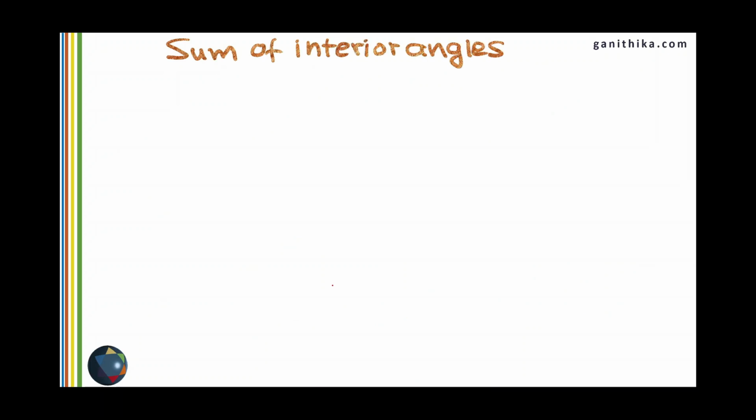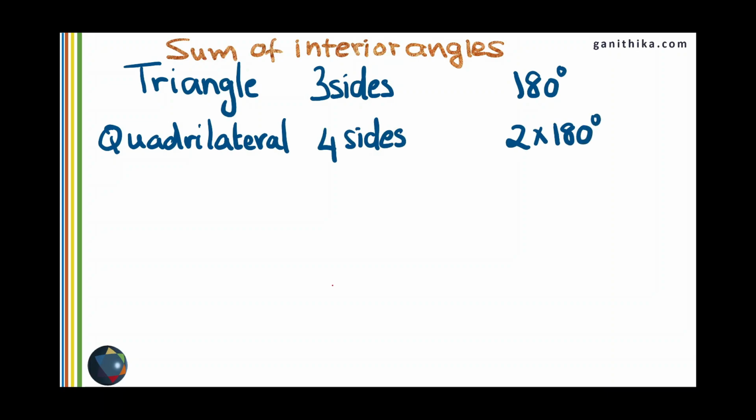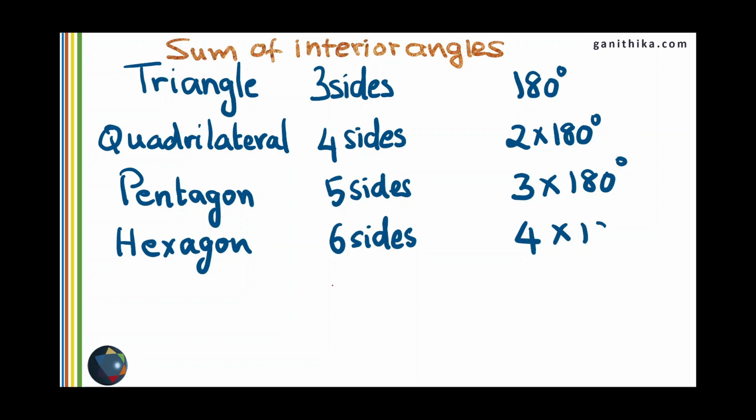Let's sum up. Sum of the interior angles of a triangle which has 3 sides is 180 degrees, whereas the sum of the interior angles of a quadrilateral which has 4 sides is 2 times 180 degrees because you had 2 triangles formed inside a quadrilateral. Inside a pentagon which has 5 sides, you were able to form 3 triangles. Therefore, the sum of interior angles of a pentagon is 3 times 180 degrees. For a hexagon, a 6-sided figure, you had 4 triangles, therefore the sum of interior angles is 4 times 180 degrees,